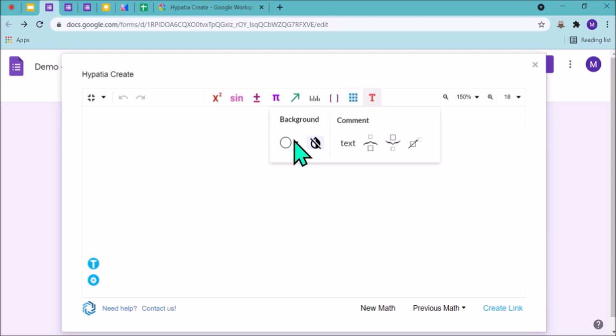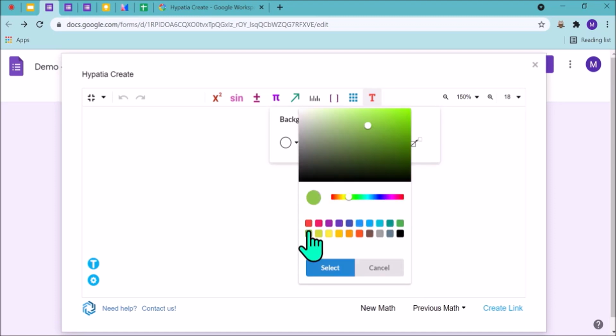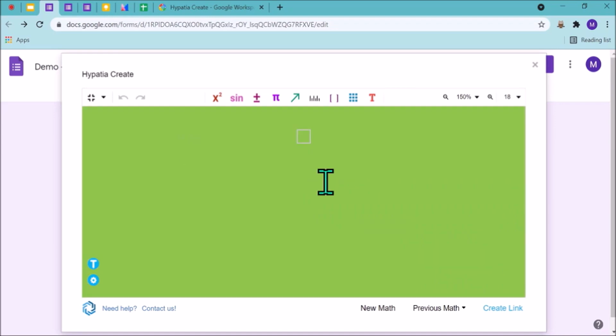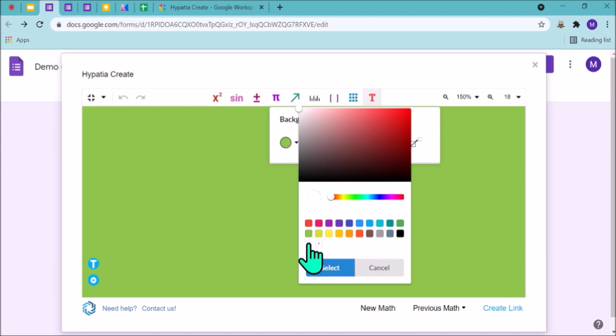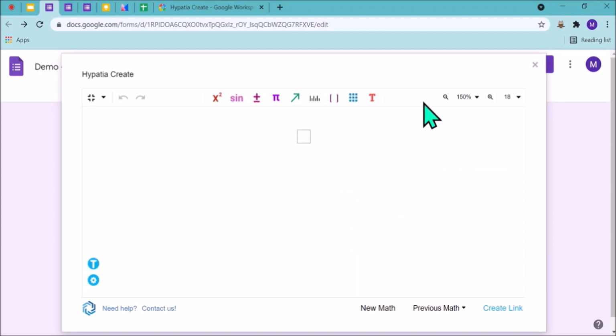And then, yes, this is the background. If we don't want a white background, we can choose any background from here. We can select and it will be of that color. But I don't like any other color much. I like only white. I will keep it as such. From here, you can change the size of your text. If you want it in percentage, if you are habituated to Word and want a comfortable size, I am very comfortable with 24 and I will keep it at 150%. I am comfortable in this mode.